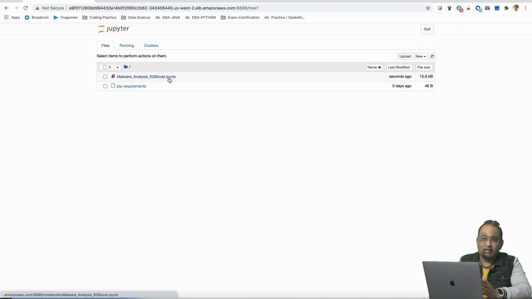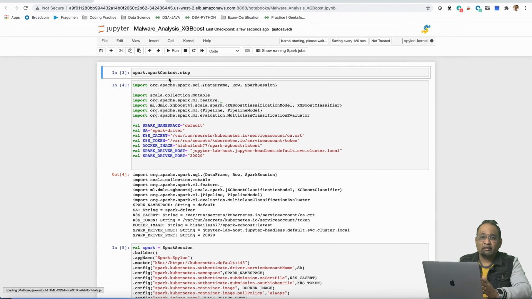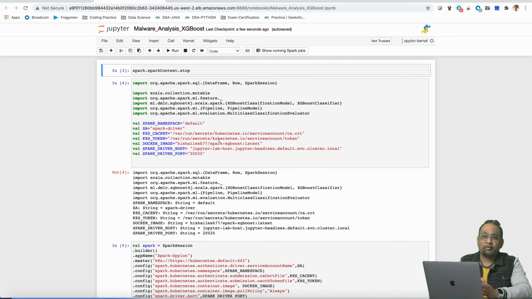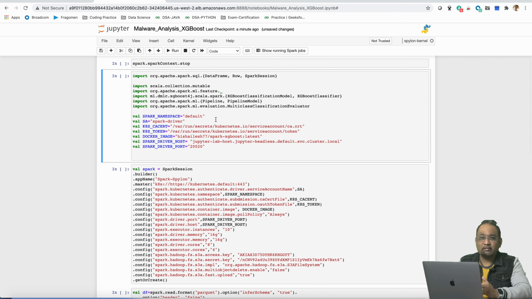The first three cells adhere to the same style that we have been following from the previous videos. The only difference is that instead of the previous image, we are using the latest XGBoost Docker image that we have just created. So I will execute all these cells one by one now.